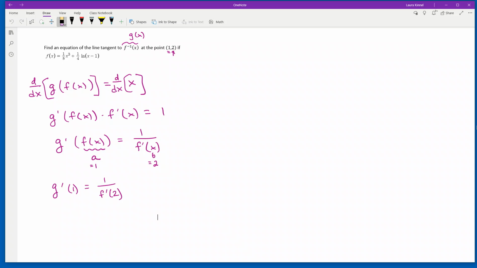So now I actually need to find F prime in this case. F prime of X equals 3/8 X squared plus 1/4 times 1 over X minus 1. Technically we need a chain rule here, but the derivative of that baby is just 1. And we needed F prime of 2,